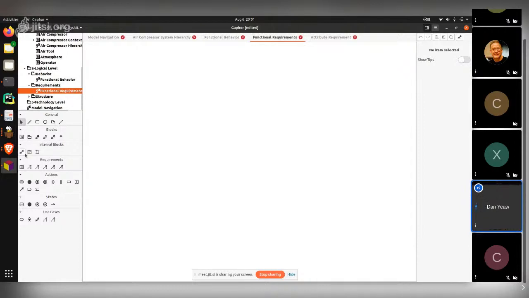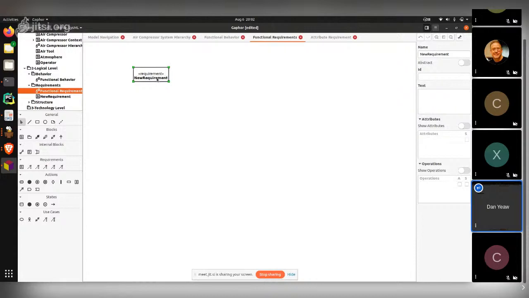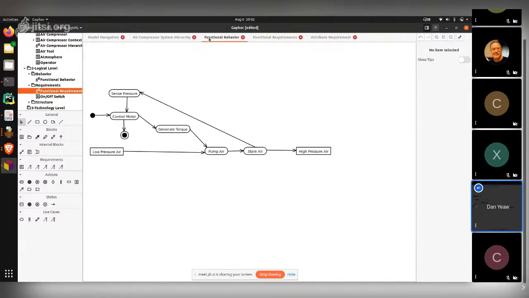So we could create a requirement at this functional level and say, well, there needs to be an on-off switch. Say the motor controller shall have an on-off switch, like that, right? And so that'd be a requirement that's derived from your functional behavior, and we could also derive more requirements,